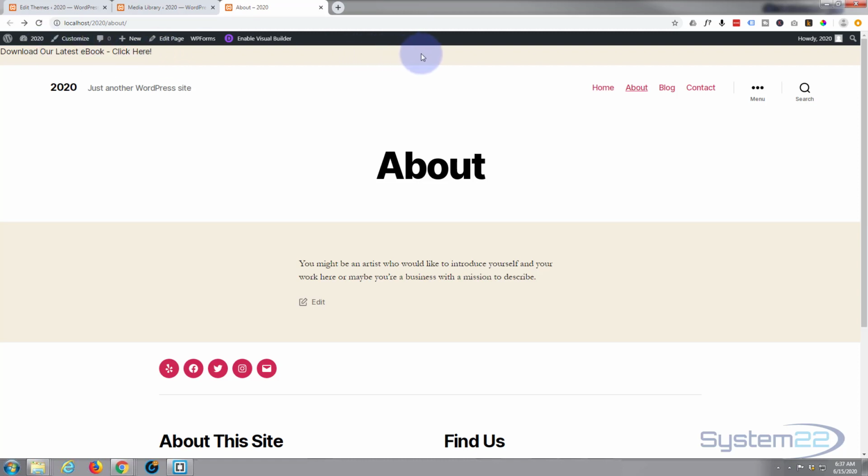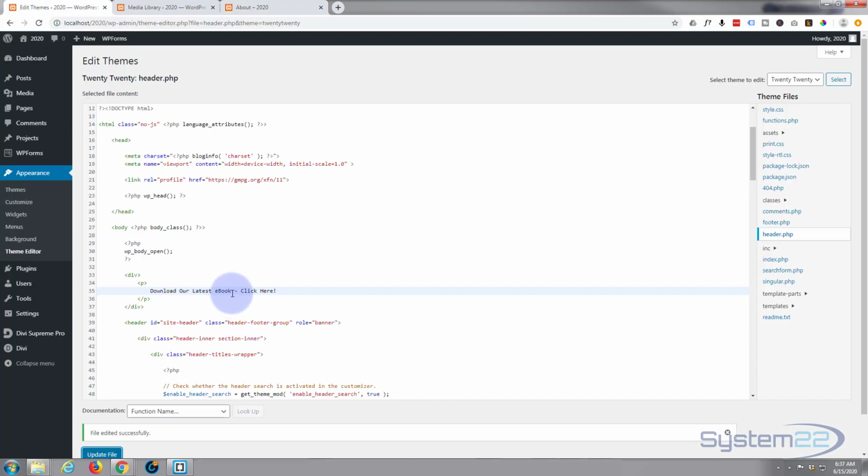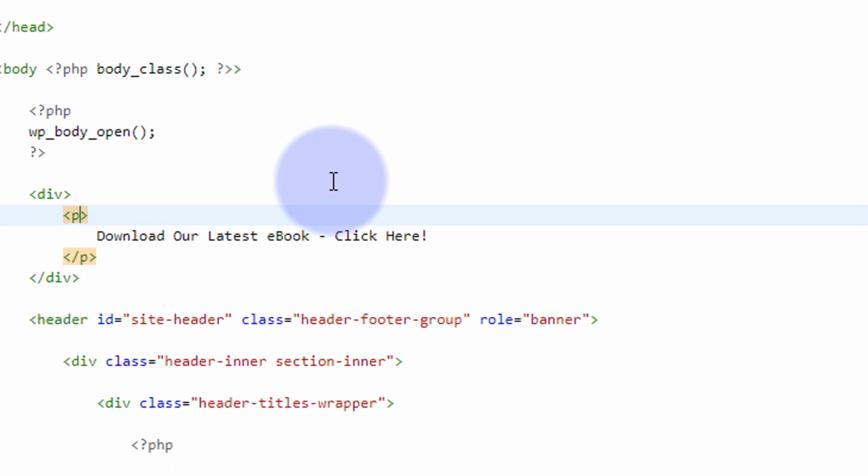But we want to put it in the middle and perhaps give it a background color of your choice just to make it stand out a little bit more. And of course we want to link it to a download. Now if you're watching yesterday's video, it's very similar process, so you can skip ahead. So let's go back in here and just give our paragraph a bit of style. So just after the P, before the right pointy bracket there, I'm going to add a bit of space. I'm going to say style